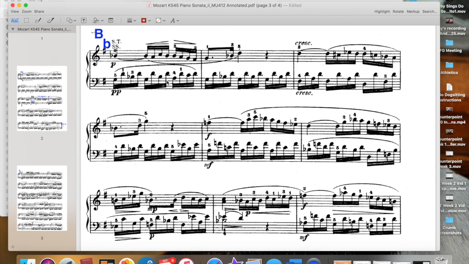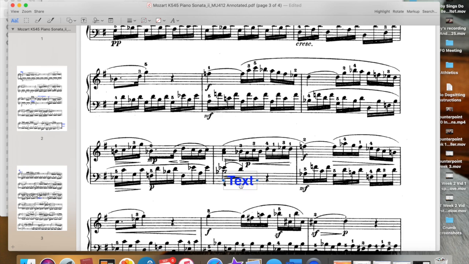Perhaps right about there, because we've had a cadence, right? There's a little lead in is what I would call that. But in any case, here's our pack. It's in the key of B flat, not the key that this section started in, but the key of B flat, which relative to where we began,